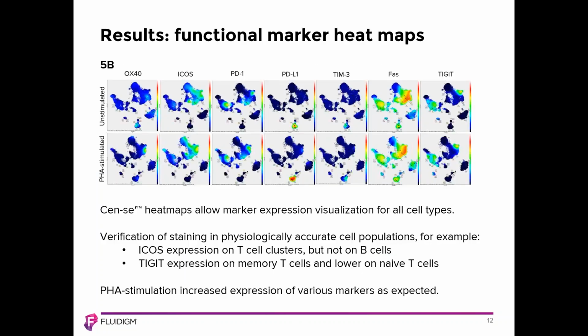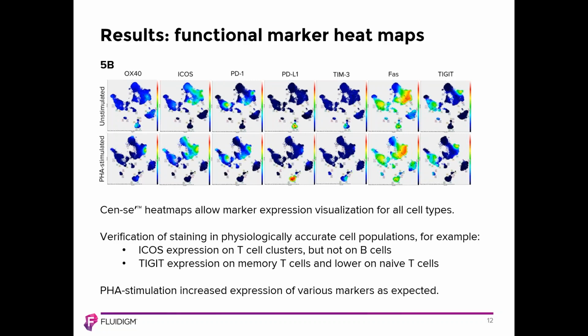We can also look at Cen-se plots as a neat tool to visualize the expression patterns of each of these markers on the immune cell phenotypes, on the immune cells that we're interested in. And here we're looking at, from the top left, OX40 to TIGIT expression on unstimulated or PHA-stimulated cells, as showcased over here. What I'd like to direct you to here is that when we look at the expression pattern of each of these functional markers, what's important to note is that the expression patterns align with what is known biologically